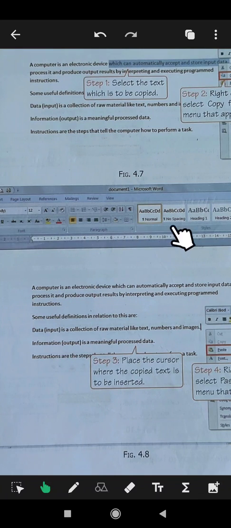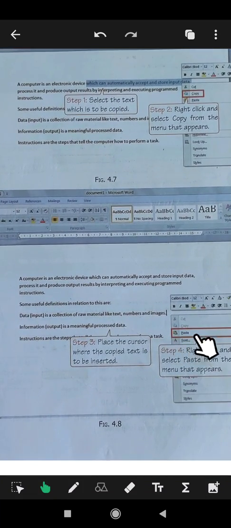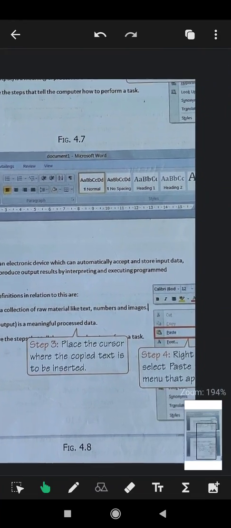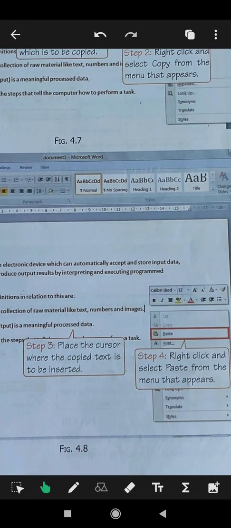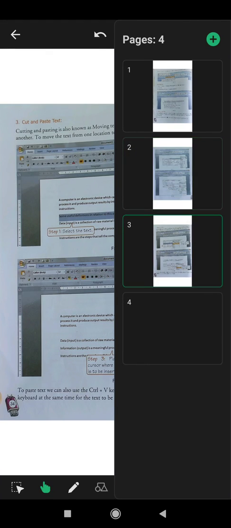Suppose the hand that you are seeing on the screen is my cursor. I have placed it over here and then you will click on this option paste. See, paste is given, a box is made in red color, so you will select this paste option. After selecting paste, what will happen? Step number 4, right click and select paste from the menu that appears. After clicking paste, this particular line will get pasted over here.